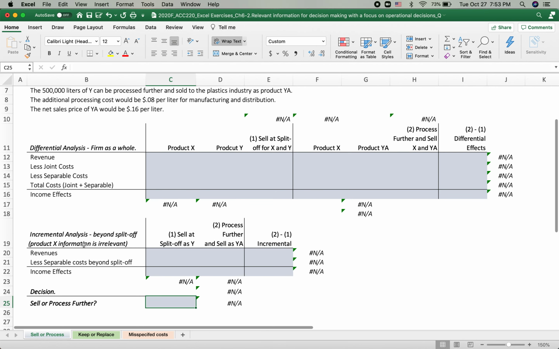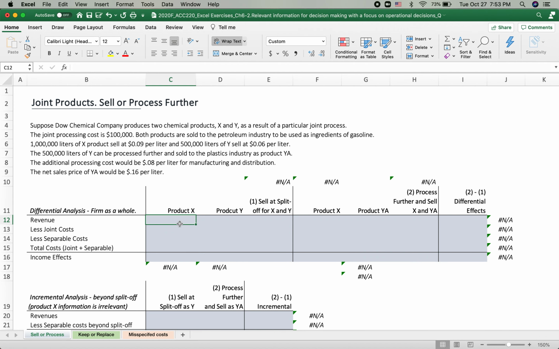Also, in the incremental analysis, we will collect only the relevant information, excluding the irrelevant information, and then we'll find the decision. So the revenue here, how much is the revenue of X